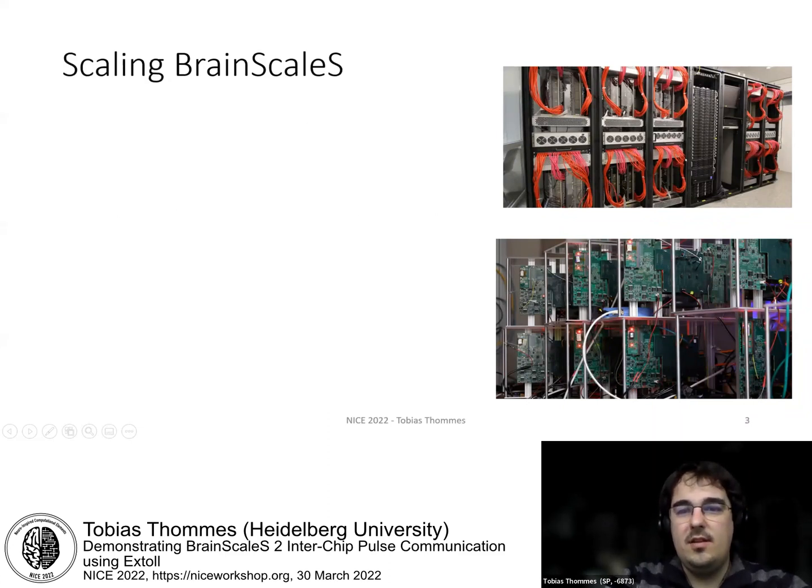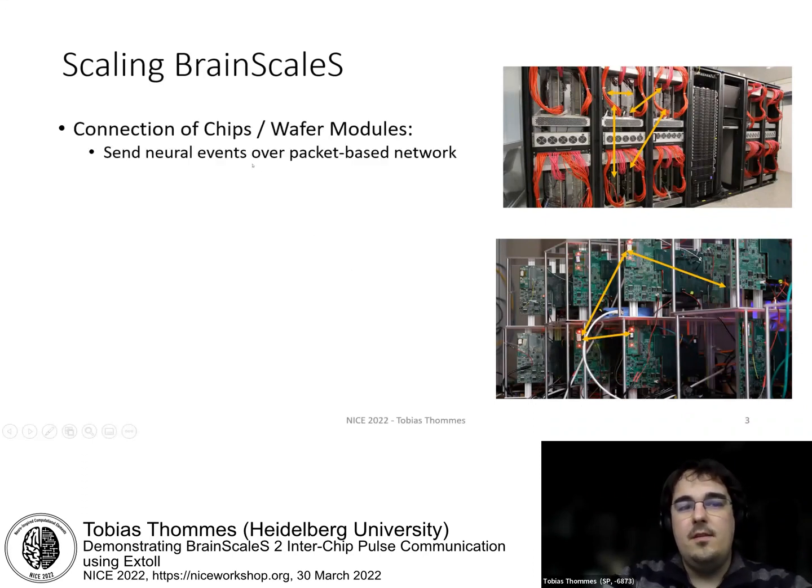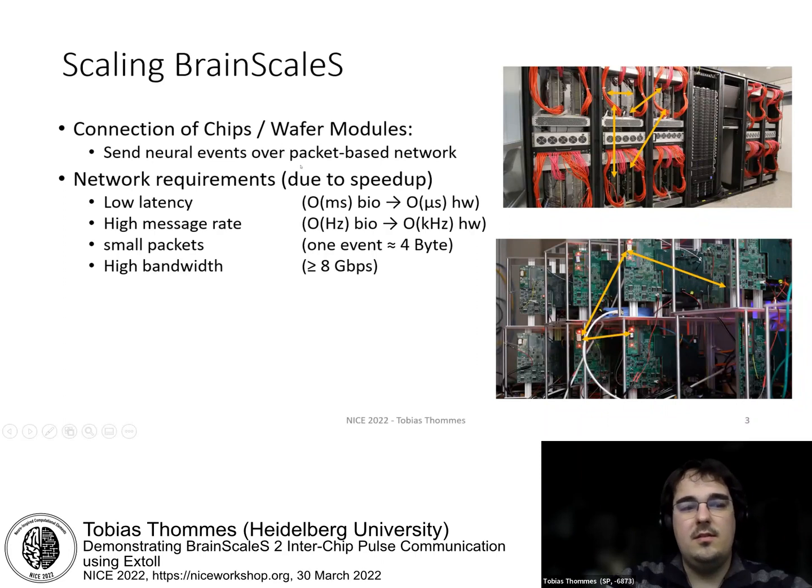Up to now, these systems can only execute single chip experiments for BrainScaleS 2, or experiments spanning a wafer module for BrainScaleS 1. And we want to extend this to make it possible for these systems to work together and emulate larger neural networks. Therefore, we have to communicate neural events over a packet-based network, and the requirements for this network are, due to